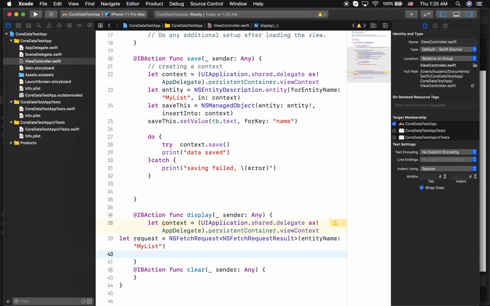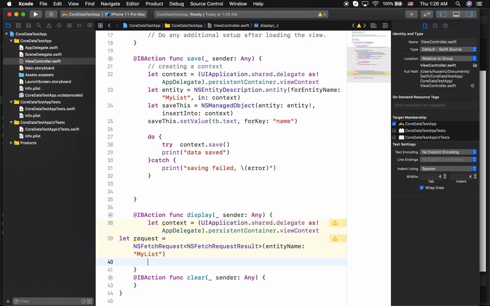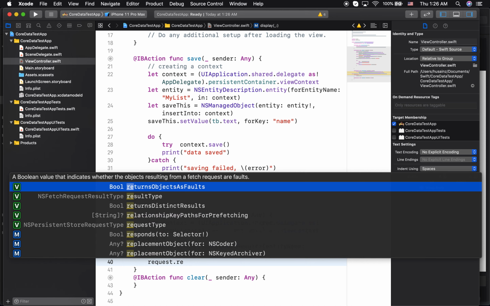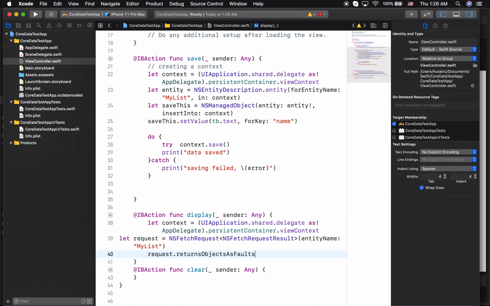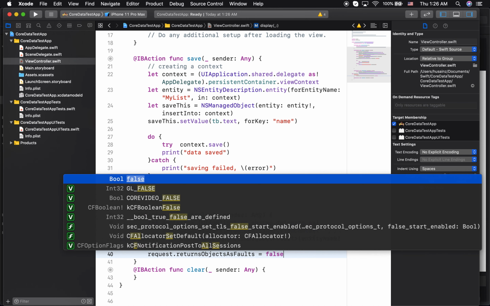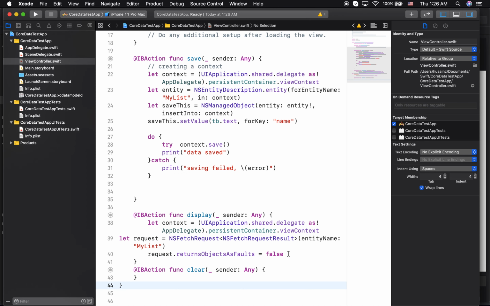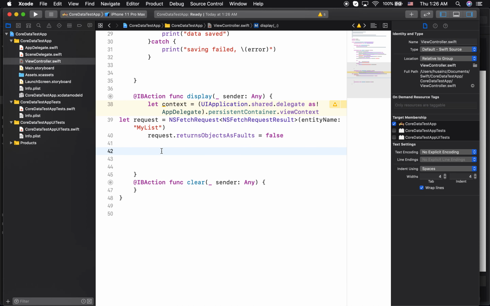So I need to perform this line, otherwise it's going to give me something that's going to look like an error, but it's not an error. It's not going to display the data if I don't do this line, which is the following: request dot return objects as false, and we need to set this to false, otherwise it is going to return objects as faults, and it's going to look not pretty, and it's not going to show you what we want to see. Now again, I will do this in a try catch block, and I'll say do,